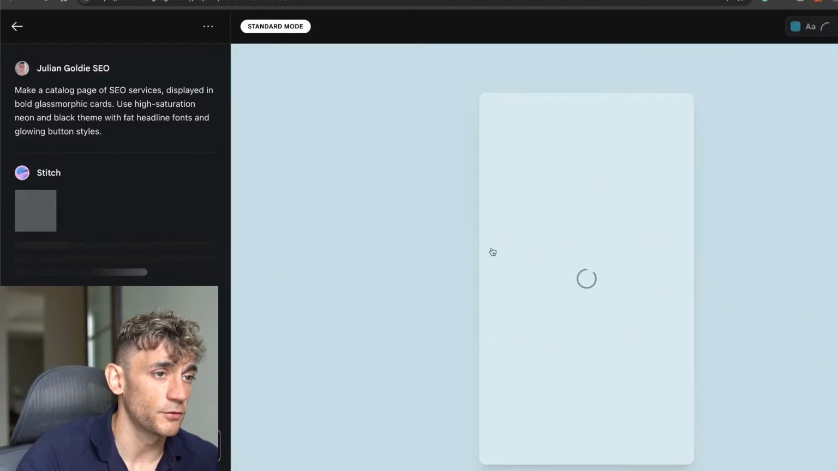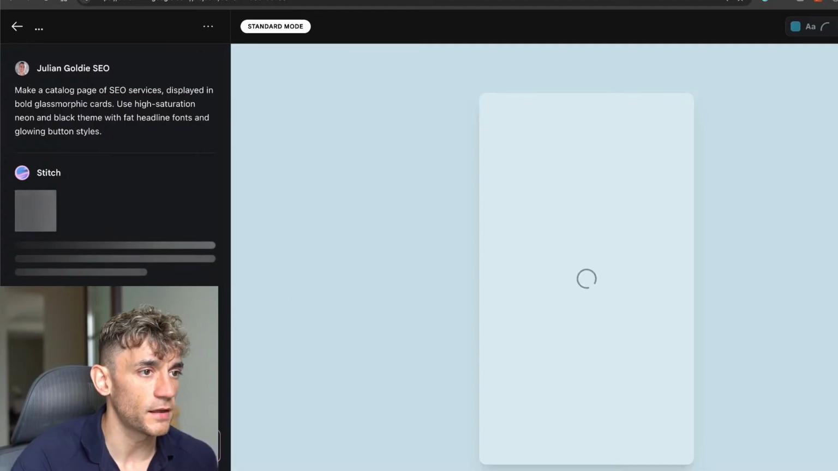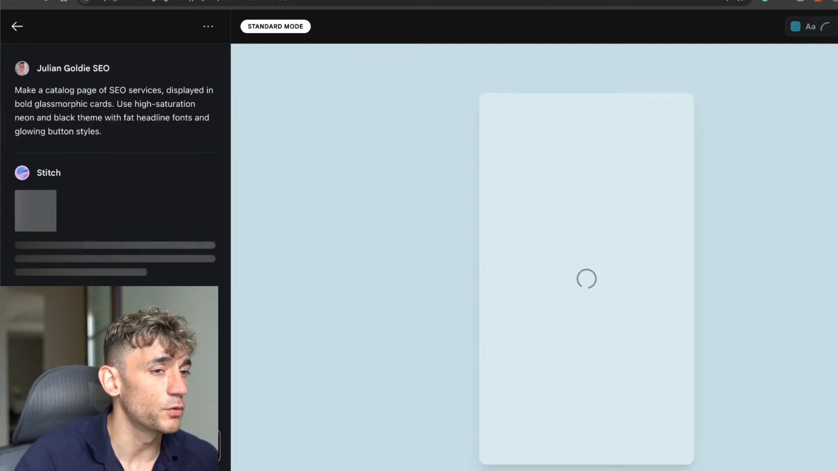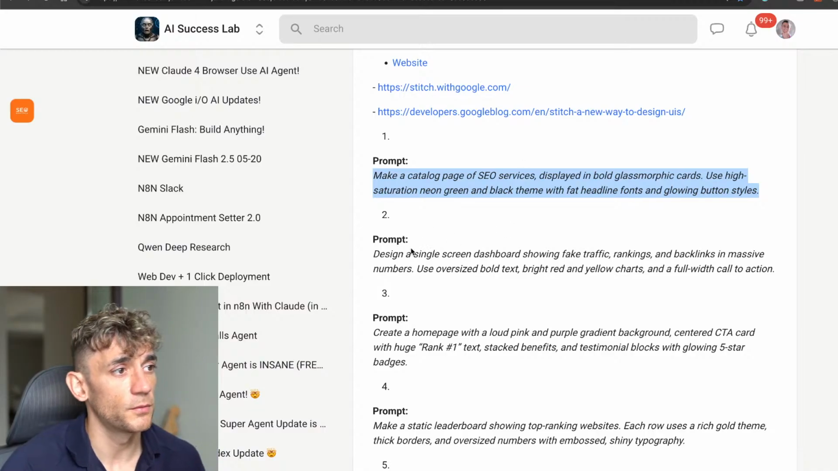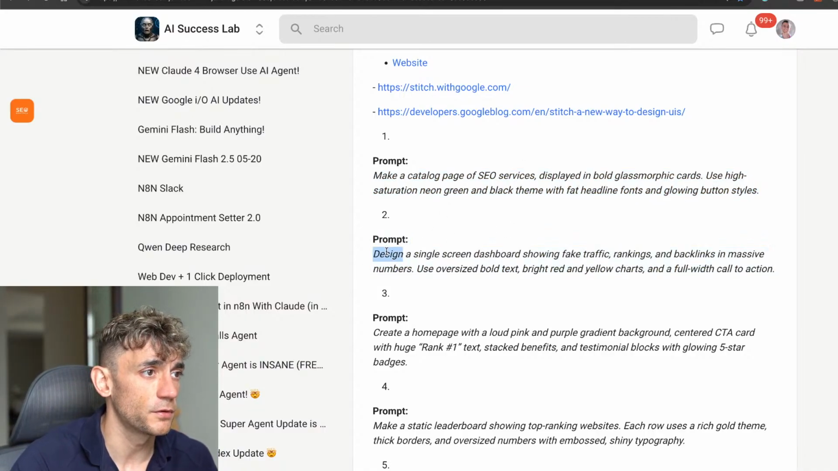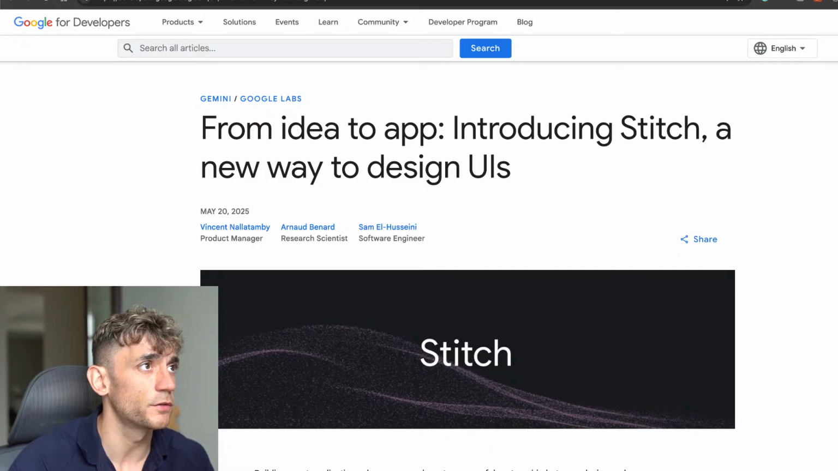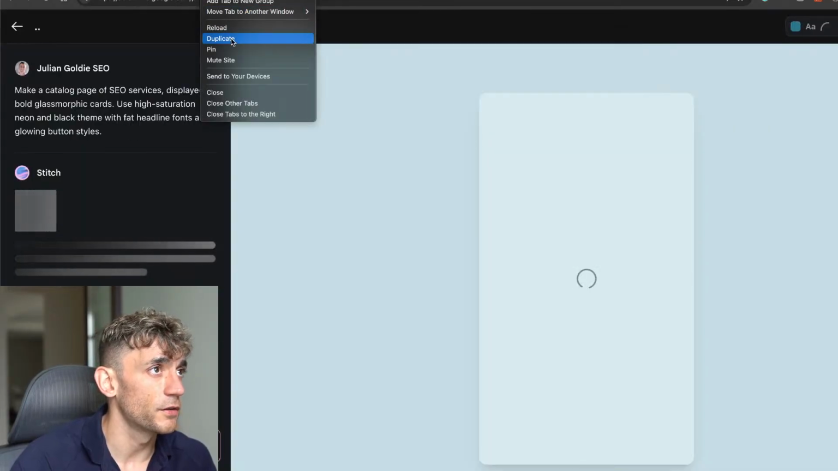And then you can see it's now generating the preview over here. Now you can go back and forth inside Stitch on the left hand side and then start building out whatever you want. And from here we can just wait for that to load. Now we can actually generate multiple different apps at the same time as well. So if we go to duplicate on the tab,